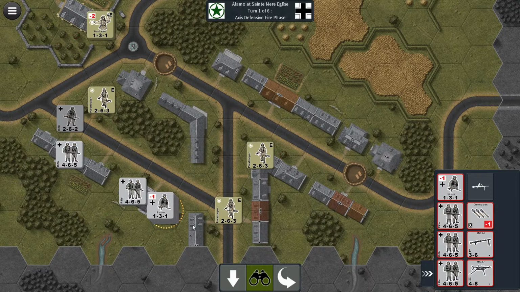All right, so we've got this very strong platoon concentrated in here. And so we're going to get a crap load of firepower thanks to all of these MGs. So just 7 from the MGs, plus 12 from the squads, and plus 1 from the leader, so it's going to be 20. So it's a very strong attack, and obviously I need to kill as many as I can. So let's go for the